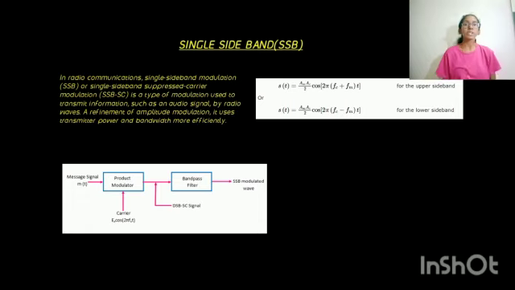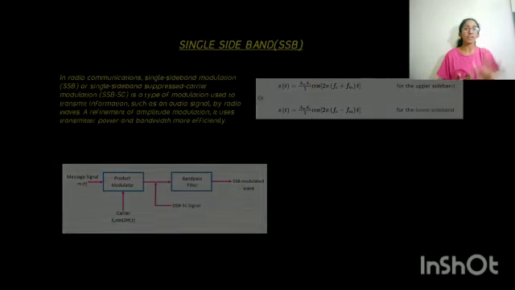Now, let me explain the block diagram of an SSB. The DSB wave can be obtained by multiplying m(t) by a carrier wave Ac cos 2π fc t, as shown in the figure. Now, in SSB, when only the upper sideband is transmitted, we get the frequency spectrum as shown in the figure. When only the lower sideband is transmitted, we get the frequency spectrum as shown, and the DSB-SC modulated spectrum is also shown in the figure.